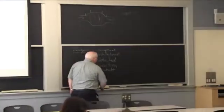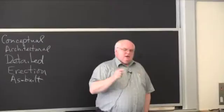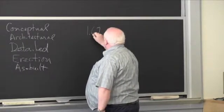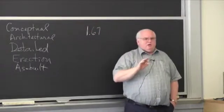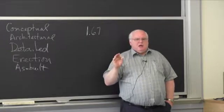this was before computers got quite as sophisticated, and you're going to learn about safety factors tomorrow, but the building safety factor is 1.67. I mentioned that once before. And that 1.67 came about historically. People found that was good enough that we didn't have lots of buildings falling down. In the